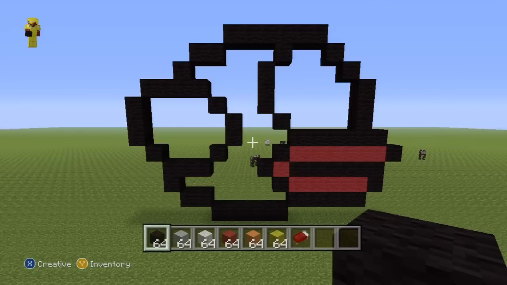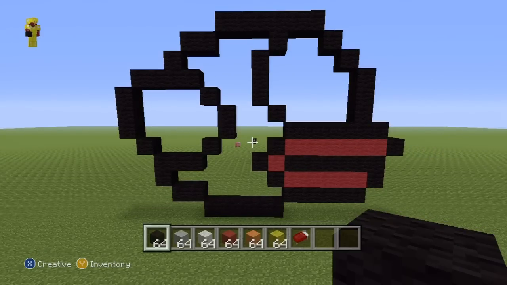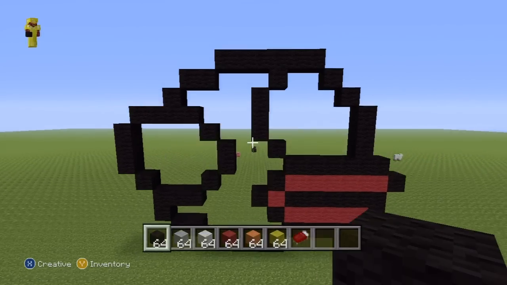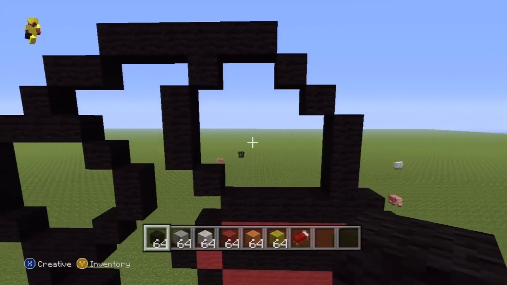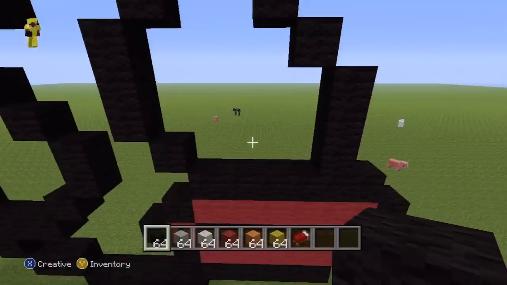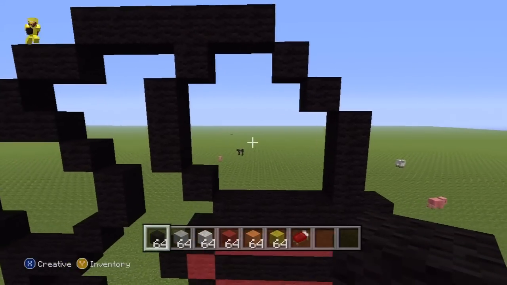So that's what you want to have so far. That is the entire outline done. Pause that if necessary. Once you've done that, we can start colouring it in. And I feel as though we're going to start with the eye section first, just because it's creeping me out a little bit. So starting with this section right here, just above the beak,